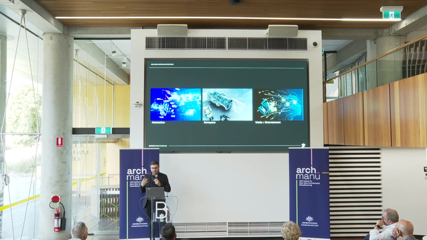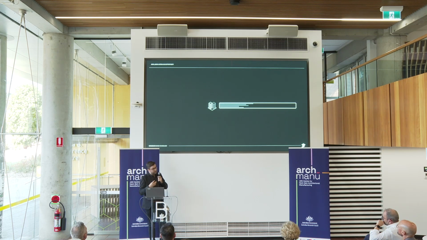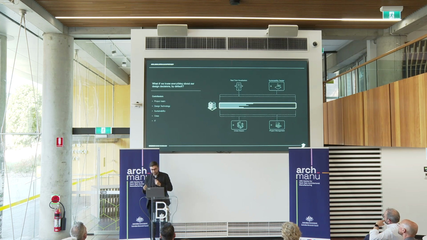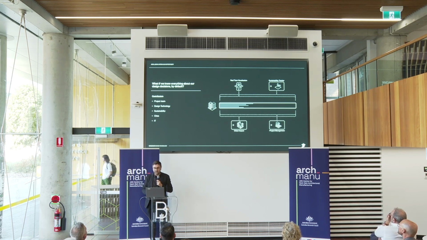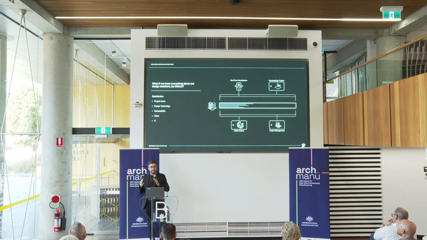And so we started to think about how our own processes can feed off one another. So let's take a standard project and start to think about how the different functions around the periphery of that project can start to change, how they can start to evolve. What if we knew everything about our design decisions by default? What if insight was a passive function that happened by default through connections made back to our design information, whether that's understanding the sustainability impact or project management goals or urban impact, or whether it's just through real-time visualization. By bringing together various different functions, we can start to enable this.